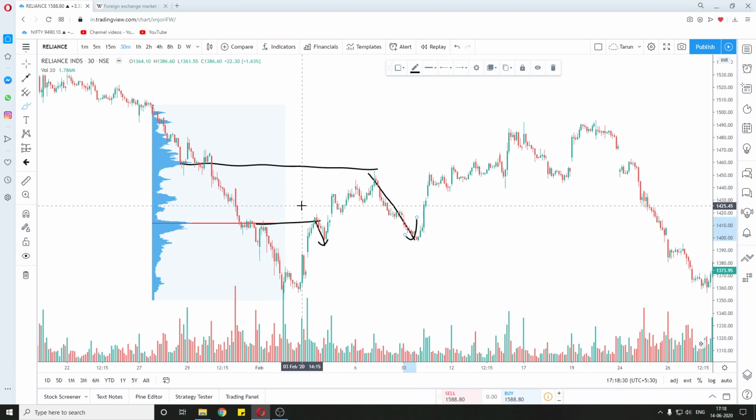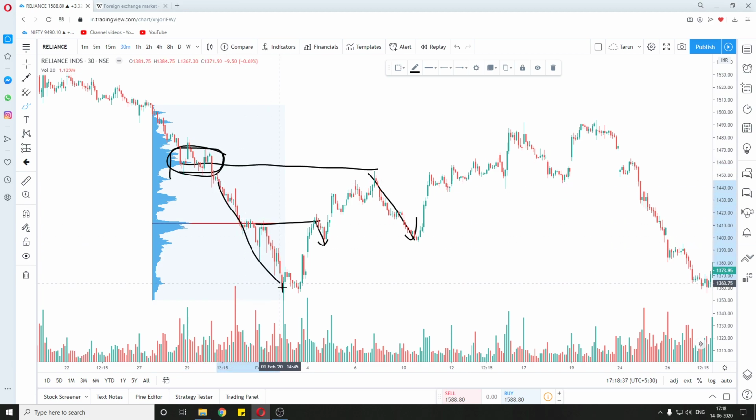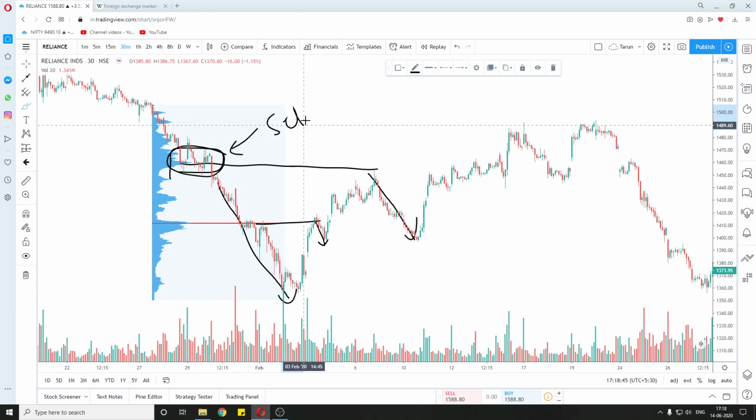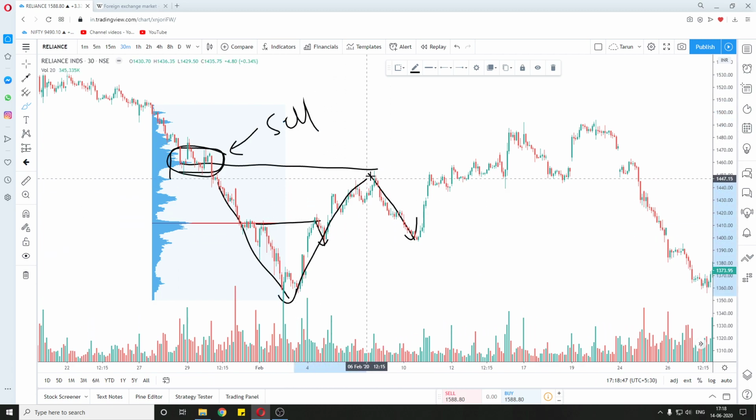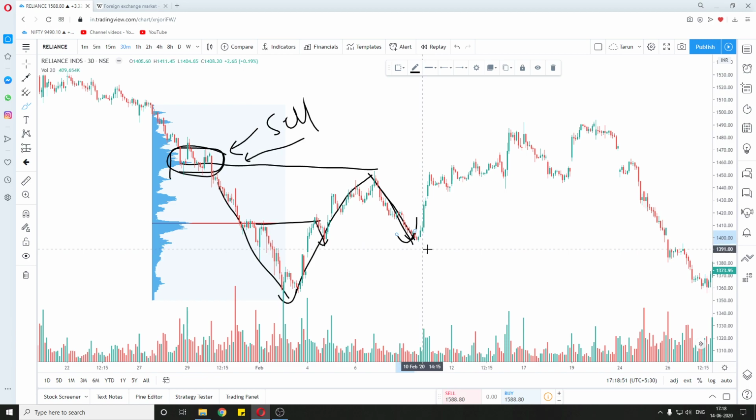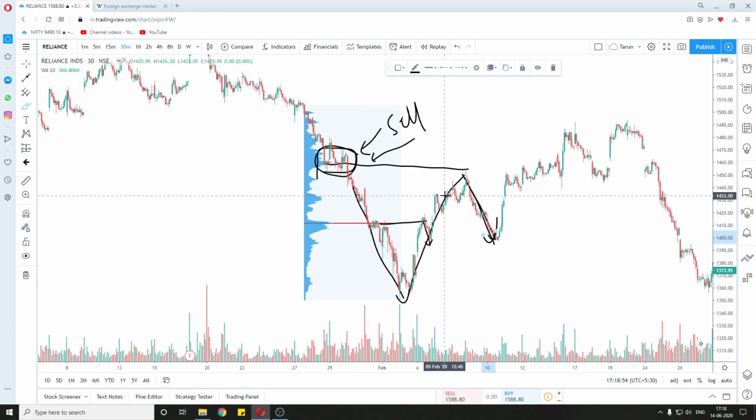Then we see there was more volume at this range, and then we went down again. Why did we go down? Because in this sideways movement, after the breakout, the market went down. So we know that this sideways market was to sell and not to buy. That is why after the market comes down, the big players start defending their position and the market turns down. So this is how the volume profile works.